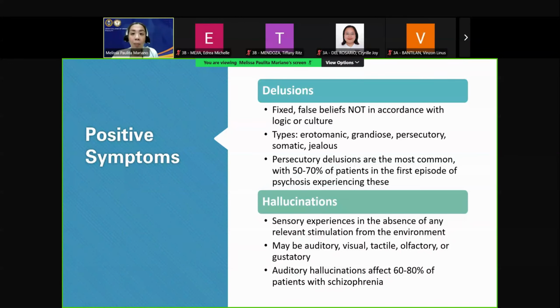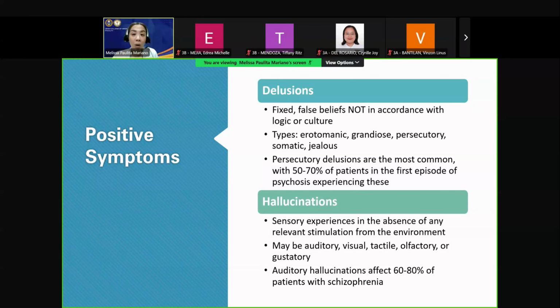Please note that delusions are not in accordance with culture as well. So if I said that I believed in this random being whose body I eat every Sunday, because there is a representative of this being who turns this bread into his body, then that's religion. That's not a delusion. That's the Catholic religion in the practice of hearing Holy Mass. So we don't consider that a delusion. So keep that in mind. They should not be in accordance with any reasonable logic or culture.